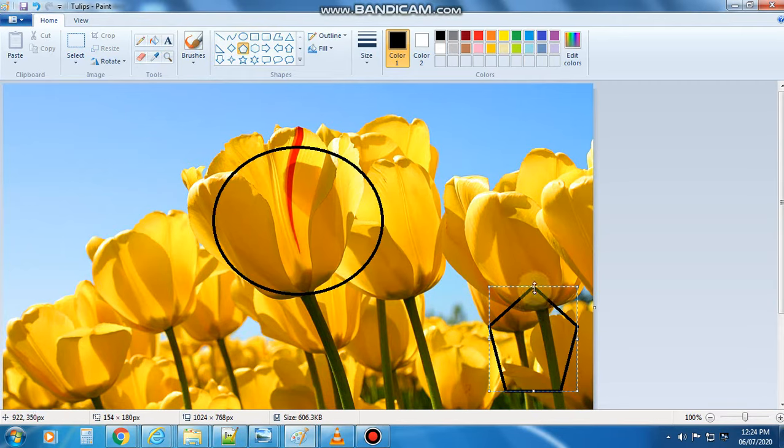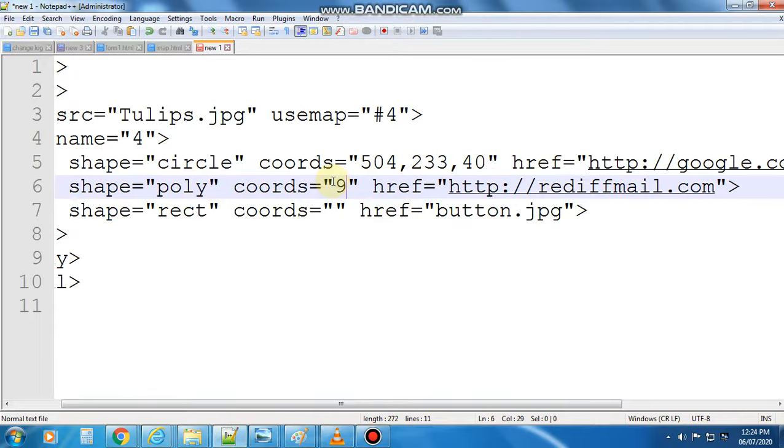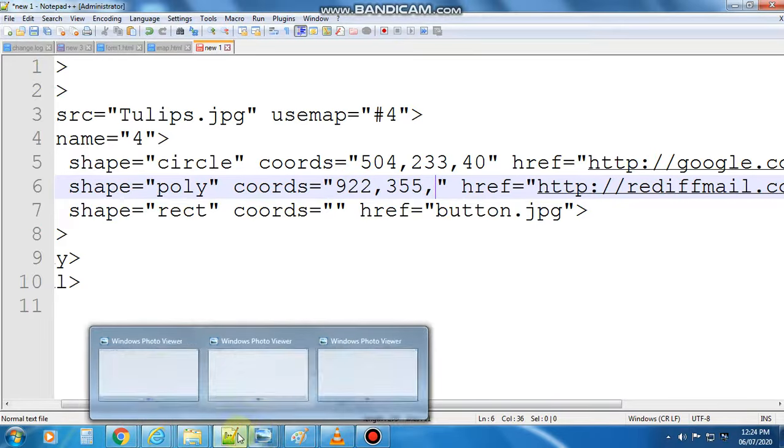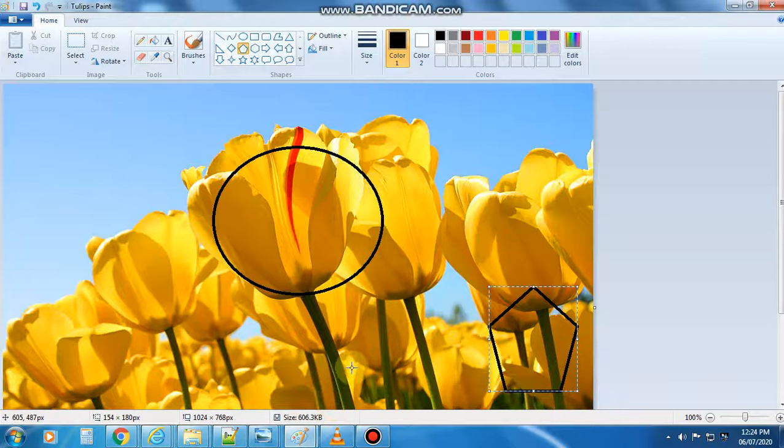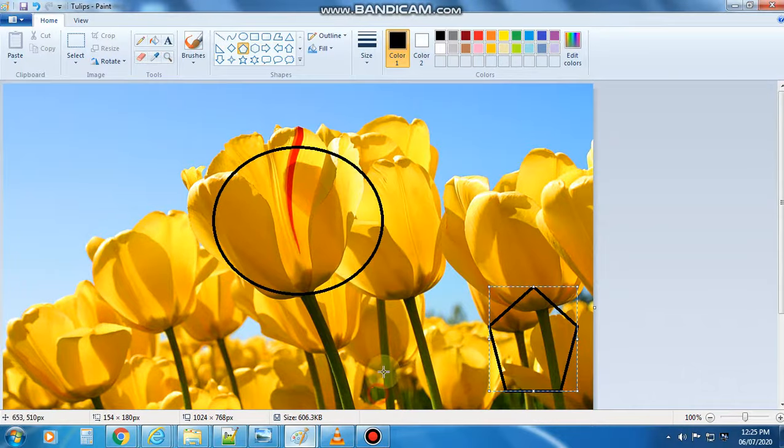Now I have drawn a polygon. For the polygon I will take the cursor to the top corner and note down the vertices. Again I will go to the polygon's left end and note down the x and y coordinates of the vertices. Likewise I will note them down for the bottom, bottom left, bottom right and the top vertices.